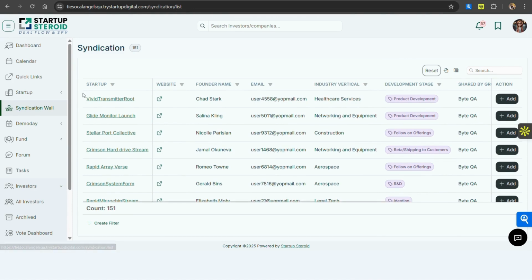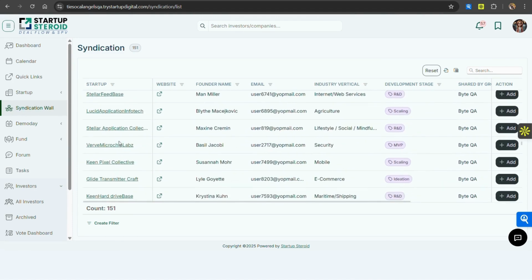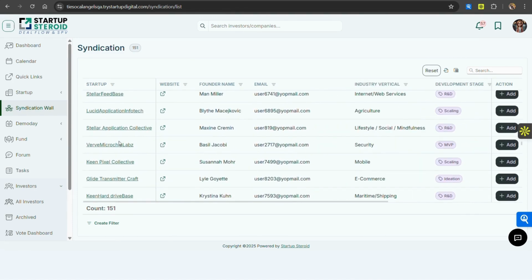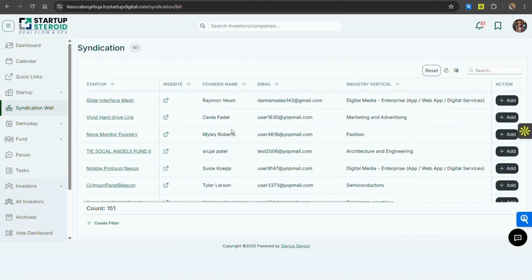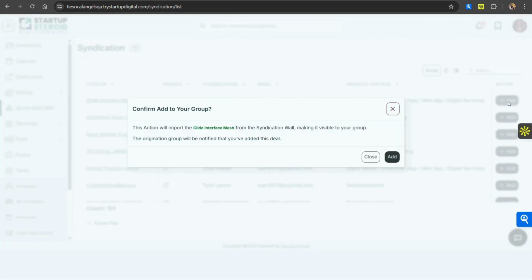So for example, if I go over here, these are the companies that have been shared in the syndication wall. If any of the companies look good to me, I will probably pull them and add them to my investment network, and then my internal process starts to evaluate the company, and I can decide if we want to probably make an investment in this company or not.